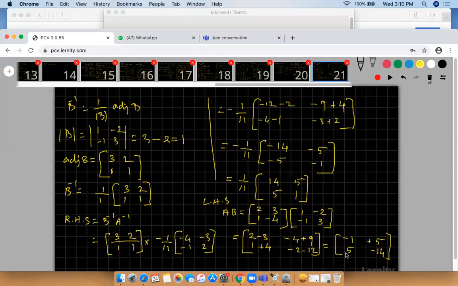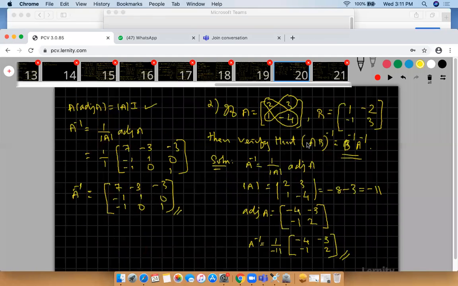But we have to find out AB the whole inverse. That is my left hand side. How to find out the inverse? What is the inverse formula? My inverse formula of the matrix is 1 by determinant of that matrix, adjoint of that matrix. Now this is my required matrix, AB. Find the determinant of this matrix and adjoint of this matrix. Using that, find the inverse of this matrix. That answer is the left hand side answer, and this is the right hand side answer. We have to verify the left hand side and right hand side. We are getting the same answer. Okay, definitely we'll get the same answer because this is the result.